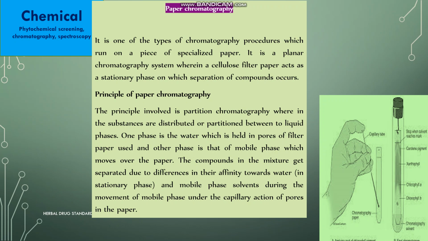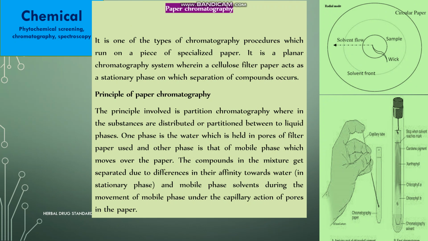So let's start with paper chromatography. Again, the basic principle is generally partitioning. In this, we are using a specialized filter paper known as Whatman filter paper of different grades. Again, it is of different types, like radial and vertical, 1D and 2D. There are different types of paper chromatography approaches. So here is a diagrammatic representation of radial chromatography, and here is paper chromatography, simply the vertical one. Here the sample was applied with the help of a capillary, and this sample is a mixture of different phytoconstituents. The separation will be achieved by using stationary phase and mobile phase.